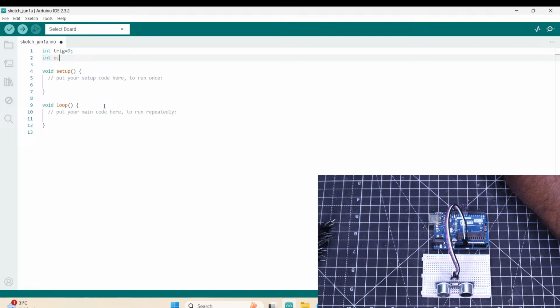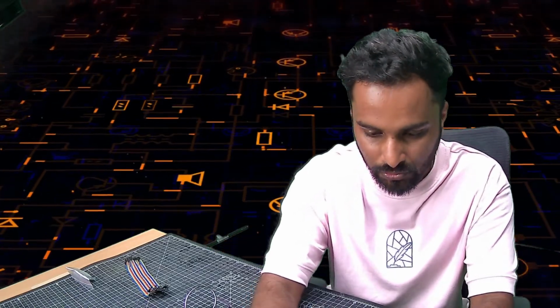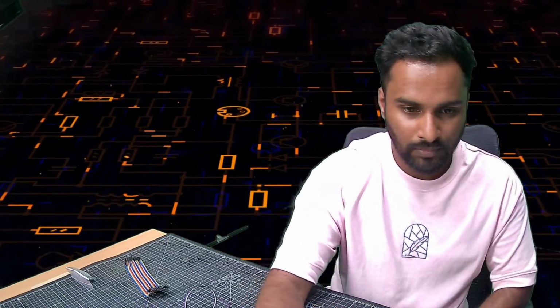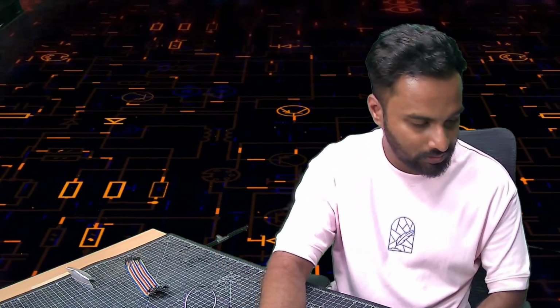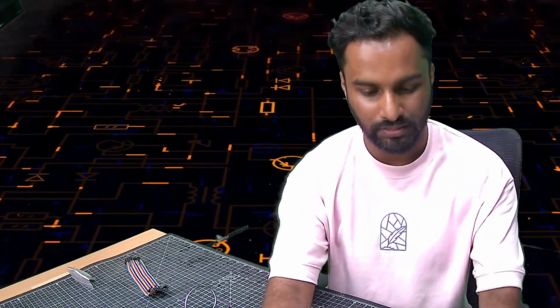Now, what is the other pin? Echo. I'll just write pin so that I don't confuse it with trigger. So this will be 10. These are the 2 things we are using. Now let's come to the first thing. It says void setup. You put your setup code here and it runs only once. So whatever code runs once, we have to put it here. So I'll write Serial